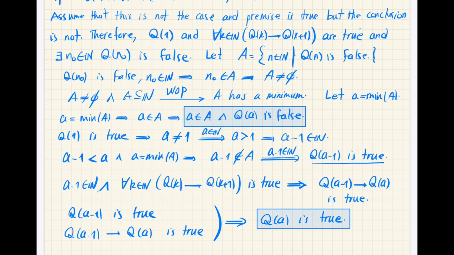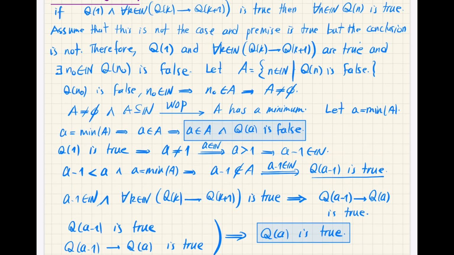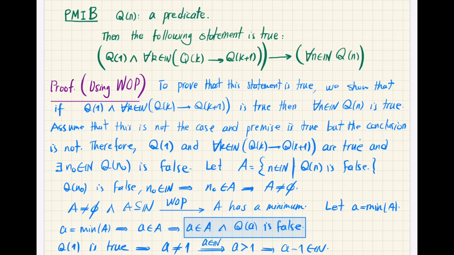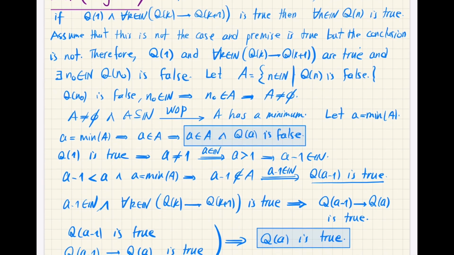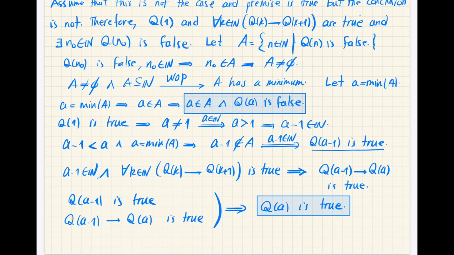So you see that there are very minor changes in the proof when I want to look at this second version of the principle of mathematical induction using the second order logic. Okay, so let me just make it short. So that's a contradiction, so this cannot happen. Okay,